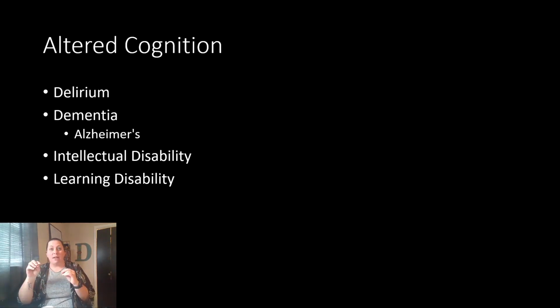Speech may be rapid, more of a rambling type of speech, and even become incoherent where we don't understand it. We'll see emotional swings be part of this, hallucinations, vivid dreams, and delusions. A lot of times, guys, delirium is a complication of hospitalization in the elderly. When they are hospitalized, and especially when they're removed out of their normal setting and their normal routines, we see that it can cause them to go into a delirious type state.